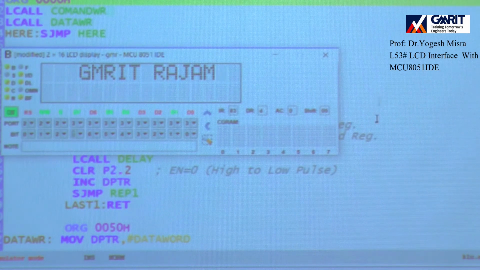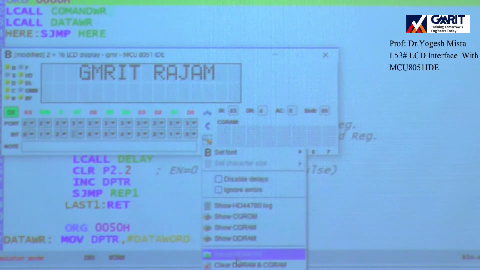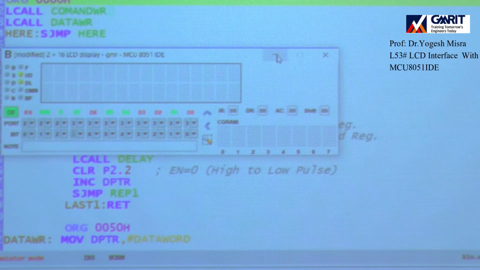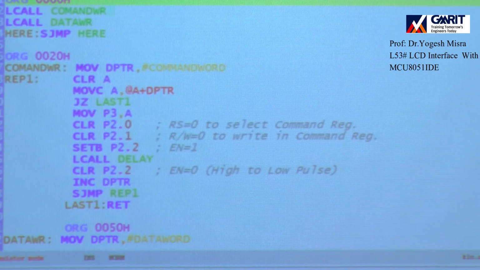So I will just do one thing. I will reset this, and I have already written the program.